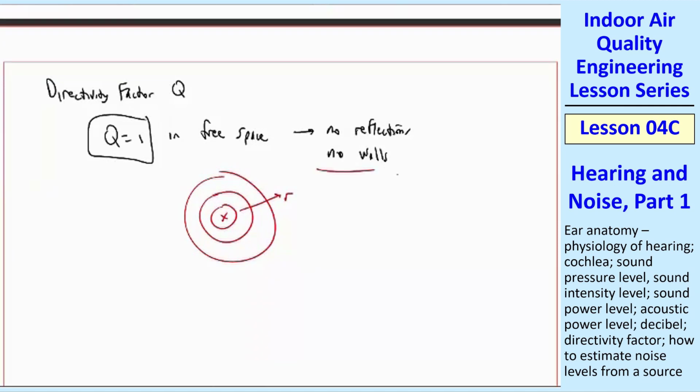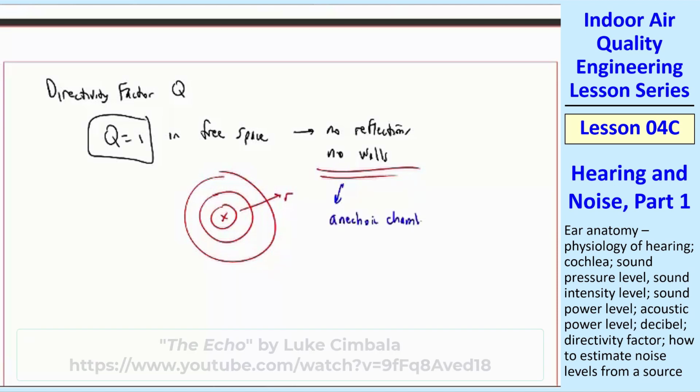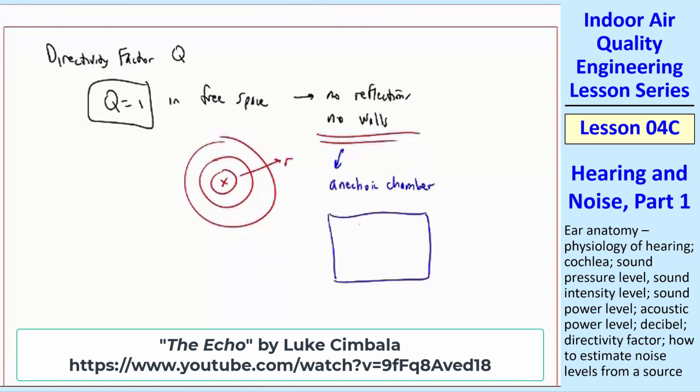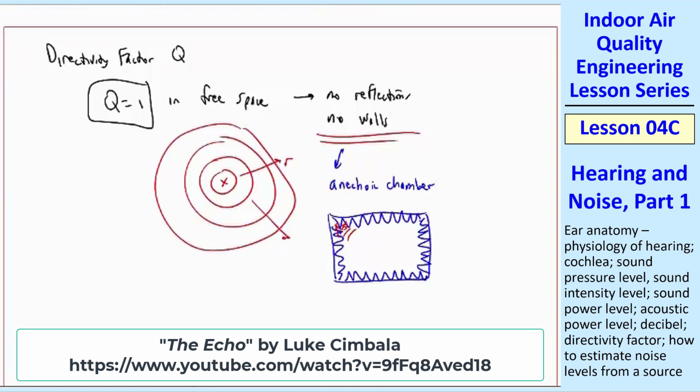So how do you measure something like this? You typically use what is called an anechoic chamber, which means exactly what it sounds like. There's no echoes. They're kind of cool to go in. It's a room, and on all the walls and the floors are foam rubber, very absorbing material in this kind of corrugated pattern. So any sound waves that hit those get absorbed and reflected around a little bit and absorbed into the walls. So it simulates a free space where if you have a source and it's radiating sound, that's just like a free